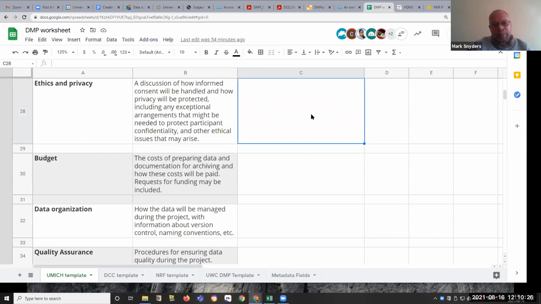Then we have ethics and privacy. We're still looking at the University of Michigan template. The UWC template contains all of this information. This one is just a little bit easier to read. So as far as ethics and privacy is concerned, here you'd indicate whether or not you